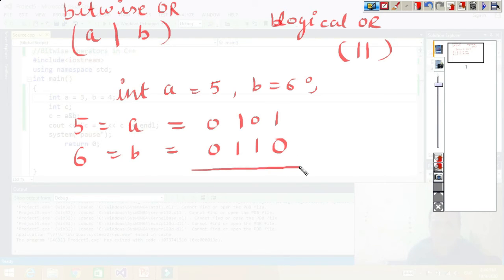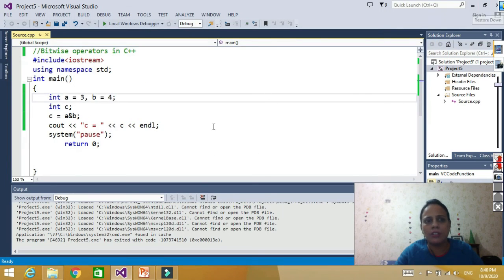Now we are taking the OR operation. The OR gate says when there is even a single 1, the result will be 1, and when both are 0, it will be 0. So the result 0 1 1 1 is equal to 7. So the answer should be 7. Now let's run it.